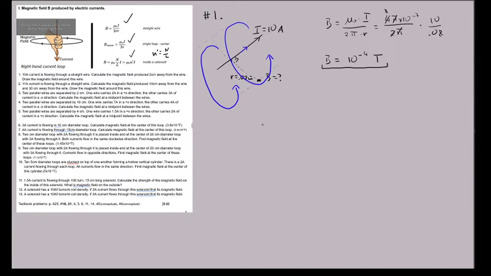Let me add something to it. So this is a 3D picture here, but let's draw it in 2D. So let's say that the wire just runs like this, and here's the current I. I could indicate the direction of the magnetic field a little differently here. So if the current points to the right, then the magnetic field above the wire is going to come out of the page. Points out of the page, then I have to draw